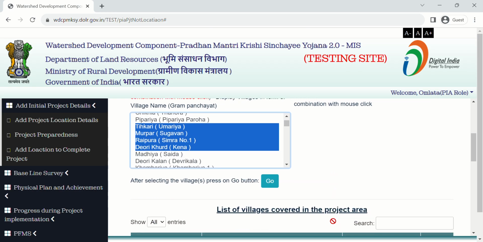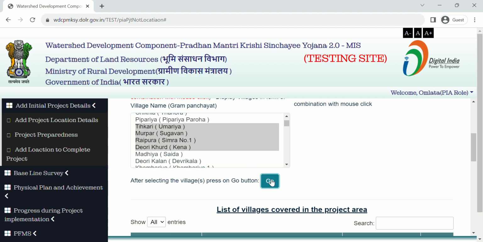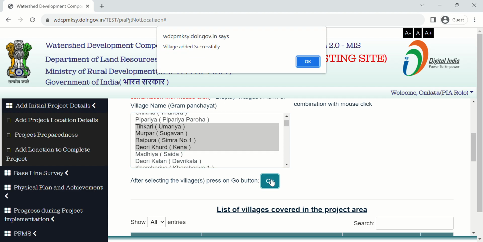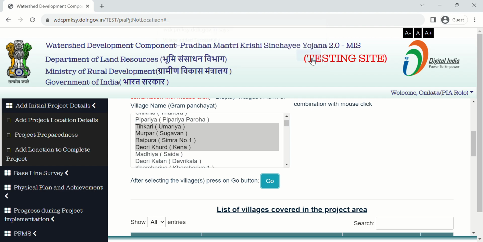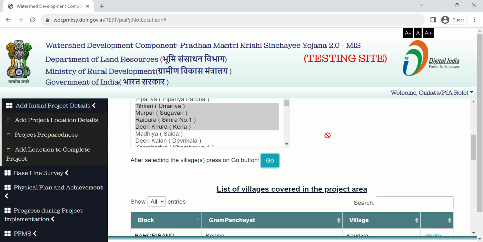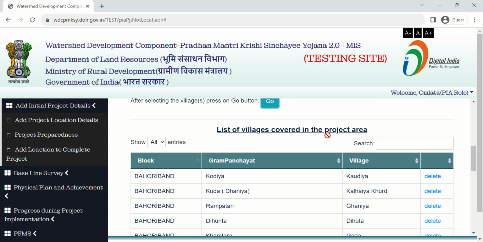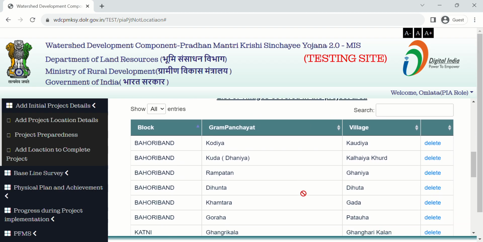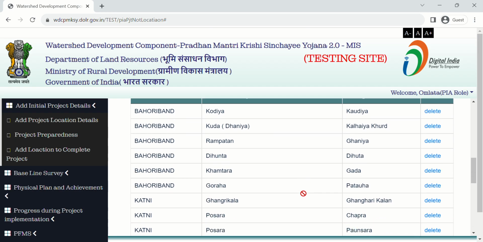After selecting the village, press on Go button and you find a message village added successfully. Then click on OK. And you can see all your added villages listed here with their respective Gram Panchayat name.